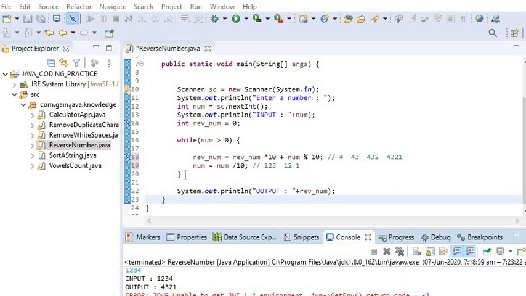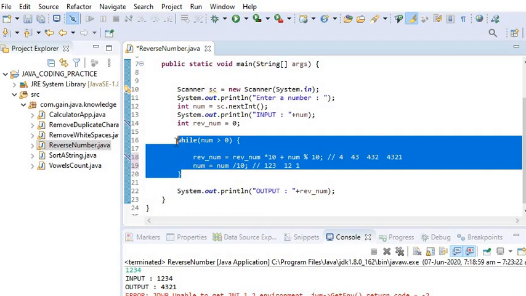Another way to reverse the number is to use the StringBuffer or StringBuilder classes. Before that, we need to change the input into a string value, and then we can use the reverse method of the StringBuffer or StringBuilder class to change the output. Like this we can also do it.